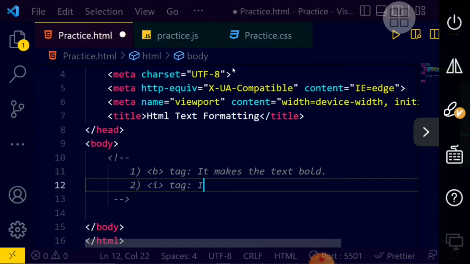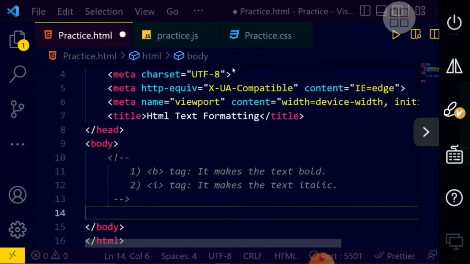What does it do? It makes the text italic. So this is the work of the I tag. Let's talk about the next tag in our list. Next one is the